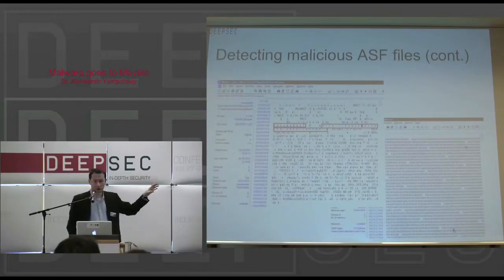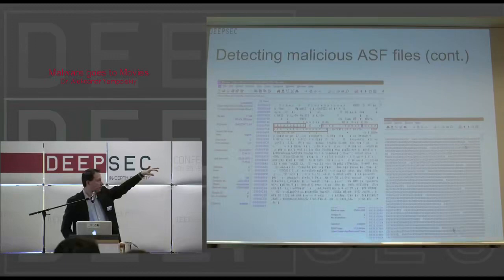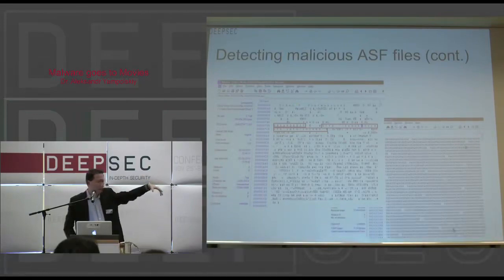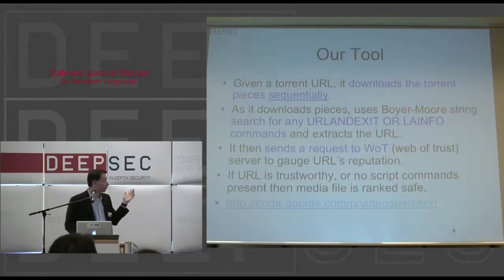In the beginning, there's a legitimate file. In the red, I circled URL and exit, HTTP freak torrents info logged. That's the malicious site, so it goes and calls to that site. And then if you look at the bottom of the file on the right-hand corner, it's just padding. There's nothing in there. So to look for it, it's pretty simple to implement.